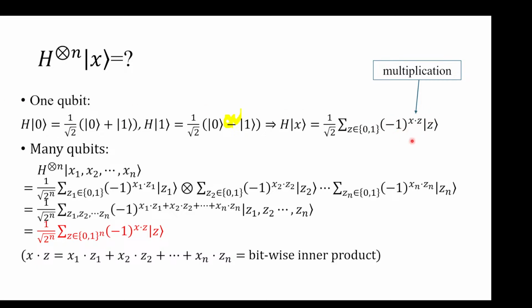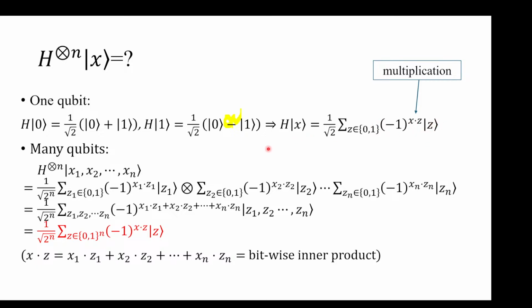So you get this minus 1 phase only when both x and z are 1, and that matches the Hadamard on 0 equal to plus and Hadamard on 1 equal to minus that we know. Okay, and so we have this more complicated but actually more usable notation: H of x equals 1 over square root 2, summation over z, (-1) to the x times z. So once again,